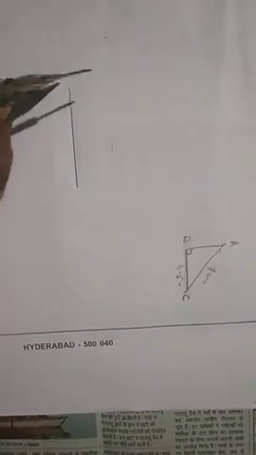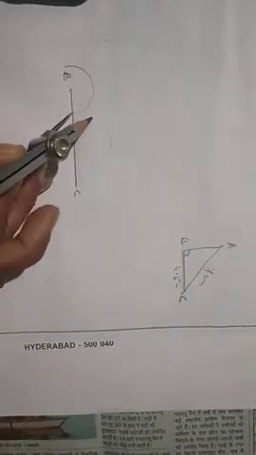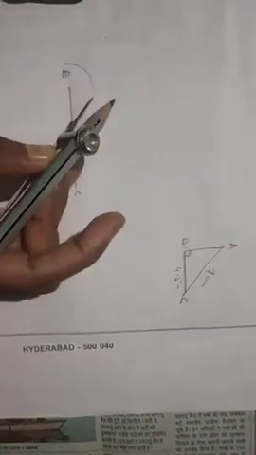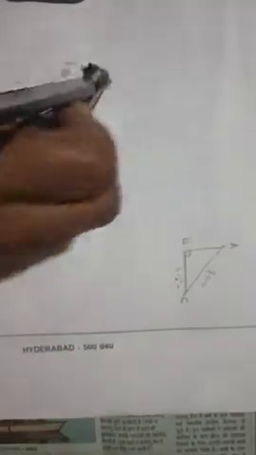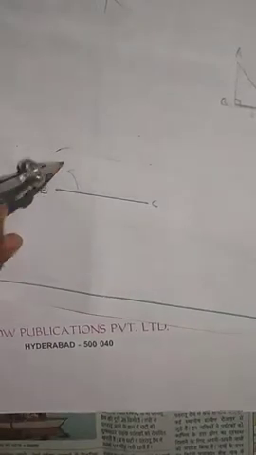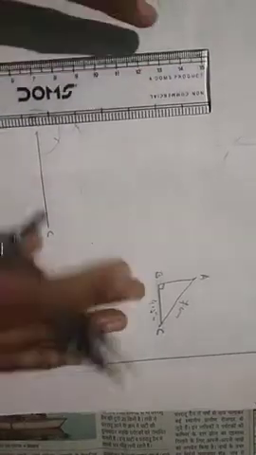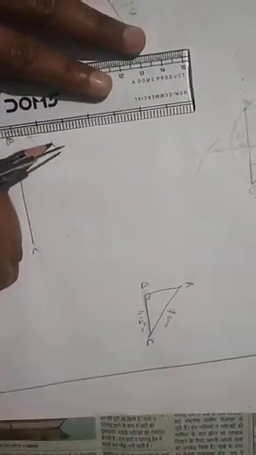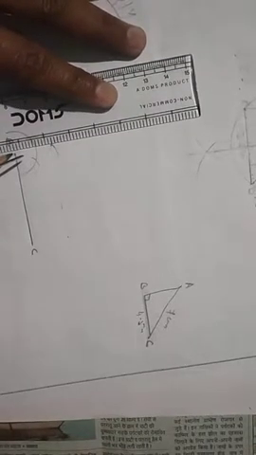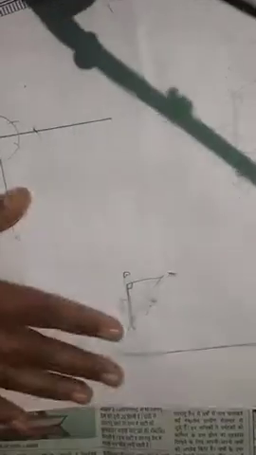Now we will draw 90 degree at point B. You know how to draw 90 degree? Make one arc. Put your compass here. Make another arc. Always use your compass and scale properly. Keep it straight. You have to join these two intersecting points. Okay, this is 90 degree and you have to draw the hypotenuse, 7 centimeter.